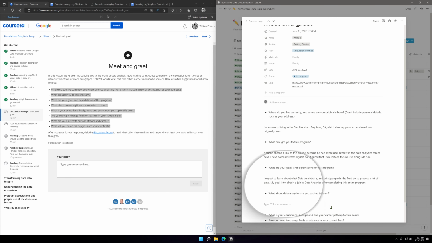What about data analytics? Are you excited to learn? I'm interested in learning how to use the tools, or computer applications, that are used in the field.